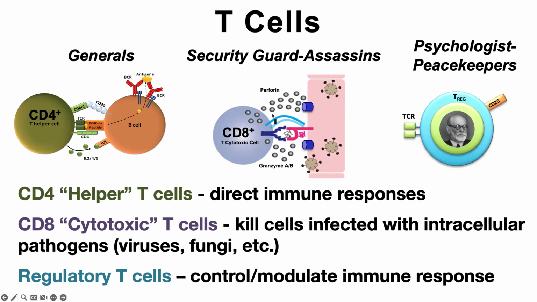So what happens is the CD8 cytotoxic T cell sees that little piece of virus here in this pink MHC molecule. It binds to it through its T cell receptor, and it then snuggles up to this cell, and it begins to secrete granules onto the surface of this cell. And these granules contain a couple of important things. One of them is a molecule called perforin that actually punches holes in the membrane of this target cell. And then granzymes percolate through these holes, and they initiate programmed cell death in the target cell